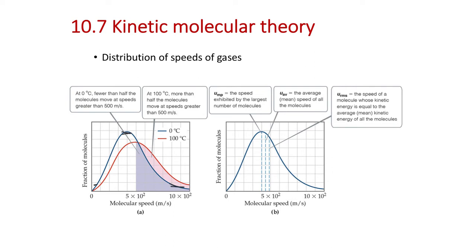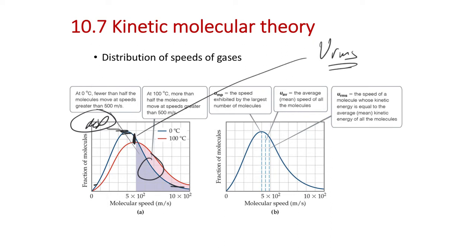This isn't a perfect Gaussian or bell shape. You have more particles on the faster side, so that your average point is off of the most probable point. Our most probable is the highest point, the fraction of molecules with the highest population. Then our average, or root mean square point, is a little bit off center, a little bit faster than that most probable point. Those points are pointed out over here: the most probable, the simple average of the distribution, and then the root mean square, which is the velocity related to the average kinetic energy.